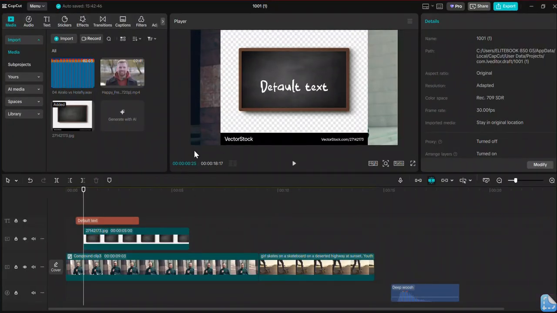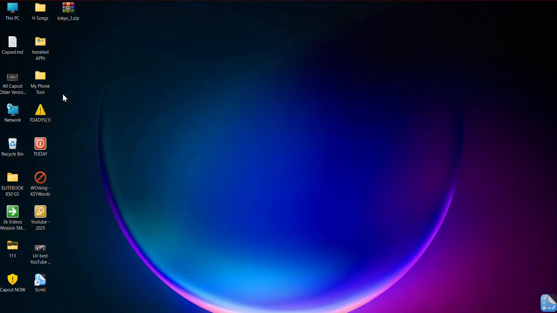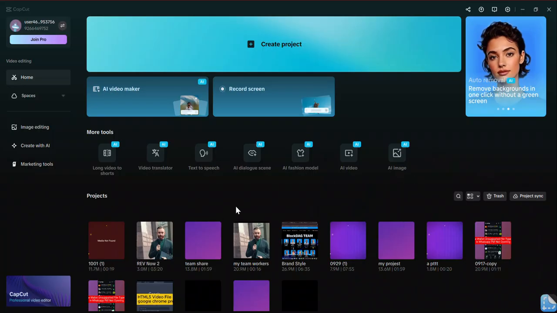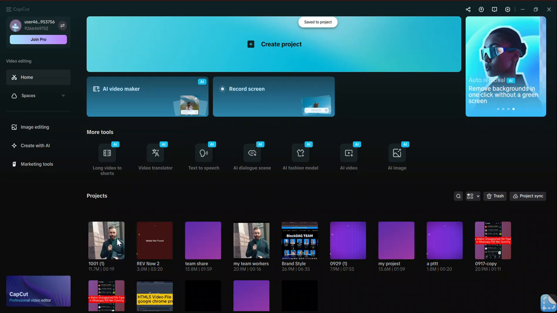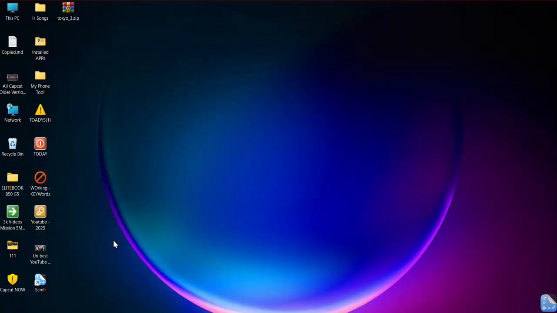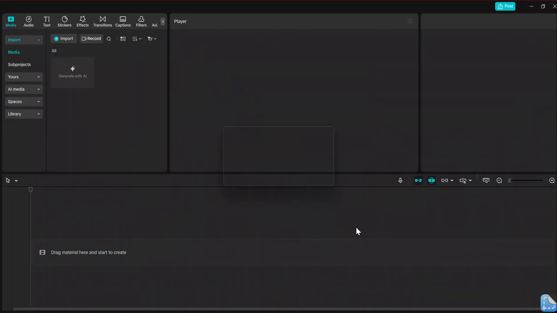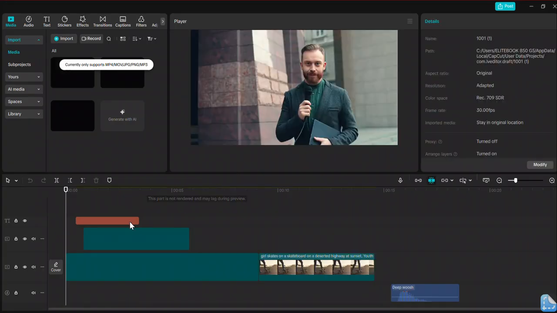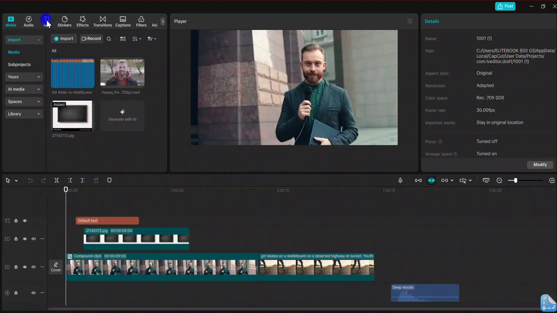After you open the CapCut, now if you are on a project, go to this menu, and then go back to home page. So now it will close your project. So now here is the project again. So now reopen the project that you want to use the font in. After you relaunch the project like this, now make sure you go to this text at the top